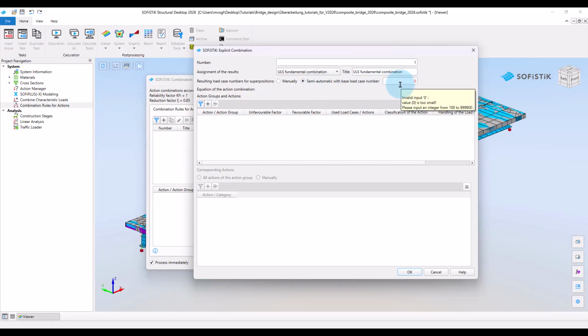The created superposition load cases can then be found under numbers made up of this base load case number plus a 2-digit number that depends on the superposition target. In this tutorial, we will use a base load case number of 3000 for this combination. Next, we actually define the combination with its actions and factors.